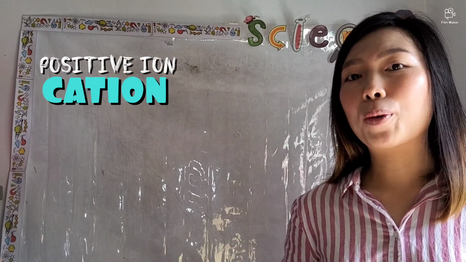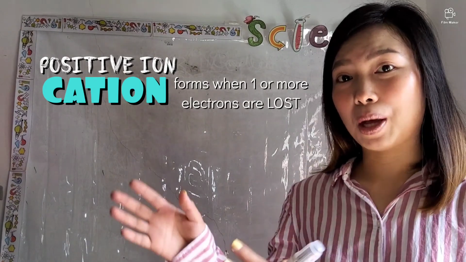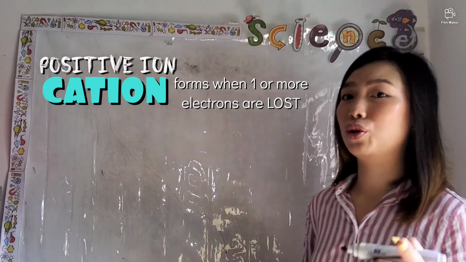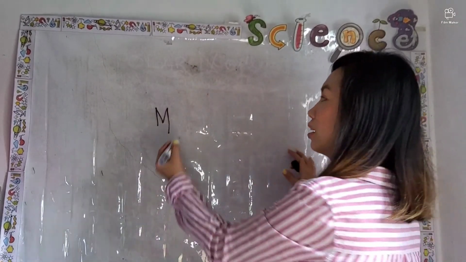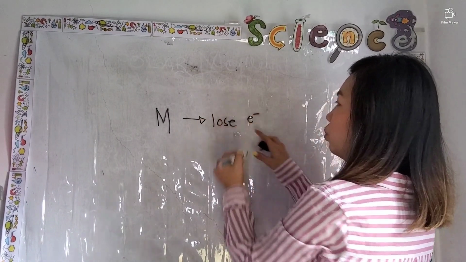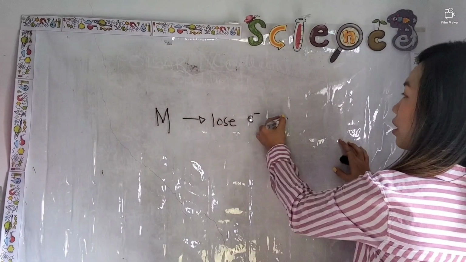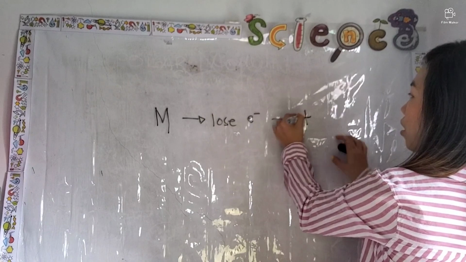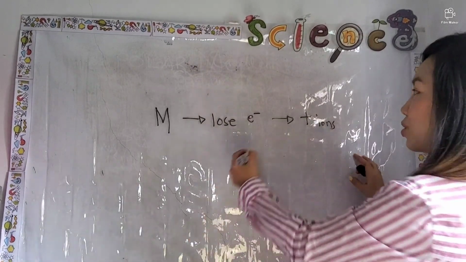C-A-T-I-O-N. So the positive ions, named as cations, are formed when one or more electrons are lost. Kagaya ng example natin kanina. So take note, you always take note that the metals will lose electrons. And if they lose electrons, they are the positive ions. And positive ions is called